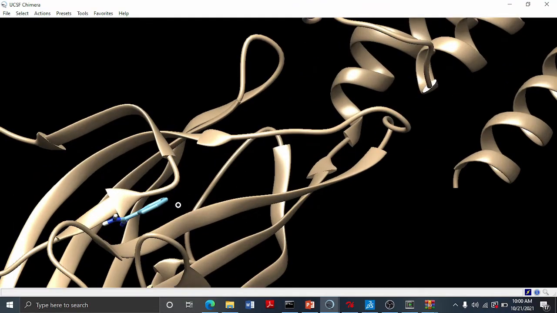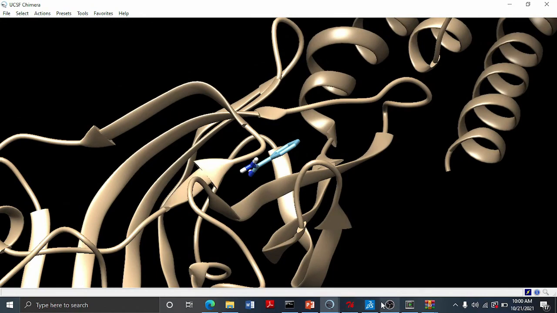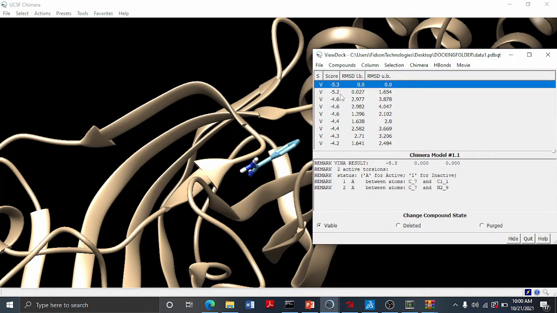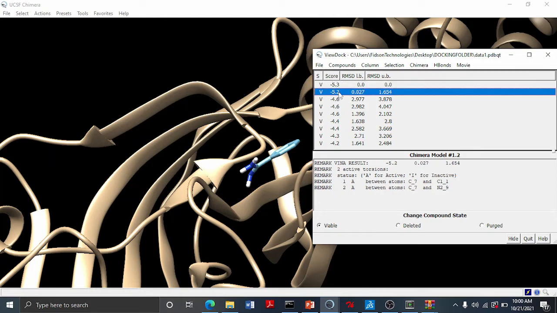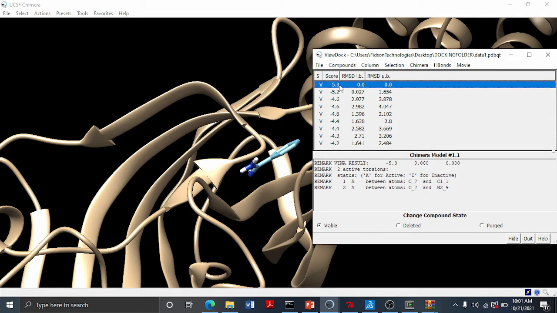We see that it brings out our prepared and our docked compound here, and the pose that is added, giving us the docking score here as minus 5.3 for the best. Next is minus 5.2. You can go through like that. Then